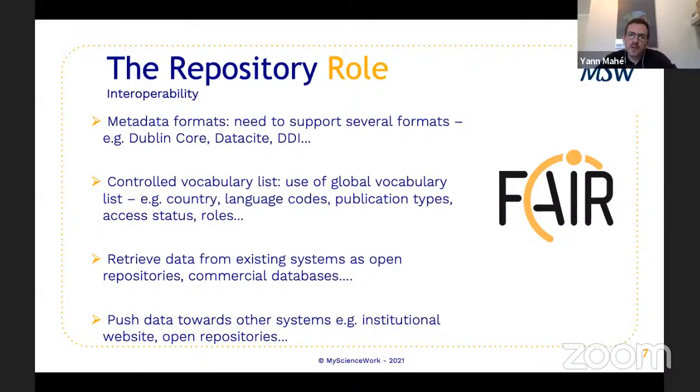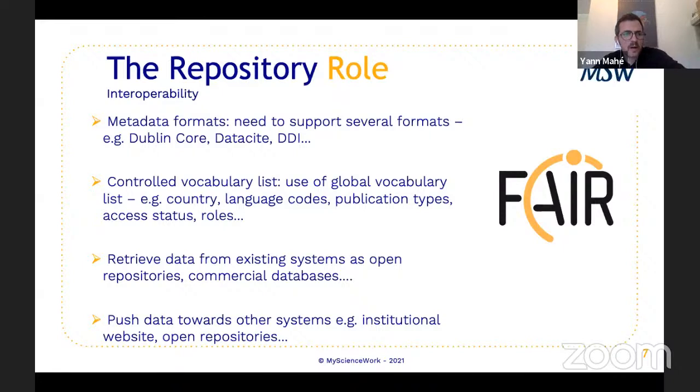And so Dublin Core is fine, but now we see DataCite and we see also other metadata formats. Getting a system that is able to answer and to respect these metadata formats for interoperability is fine, but to get a specific metadata format for the whole database in your own repository can really help to achieve this FAIR goal. Okay,